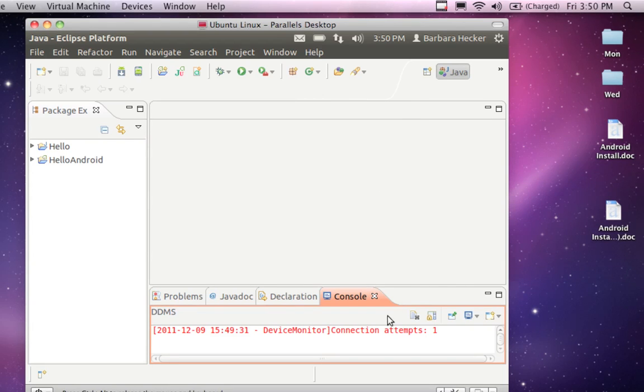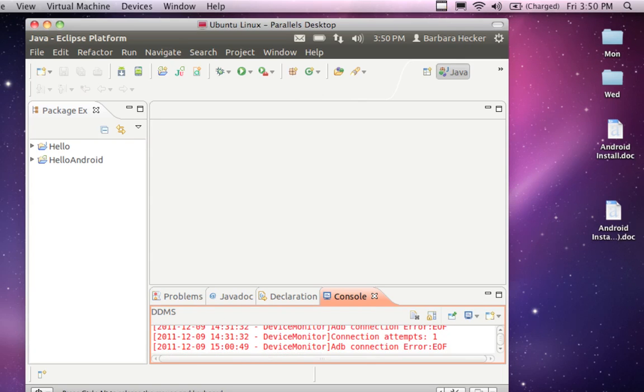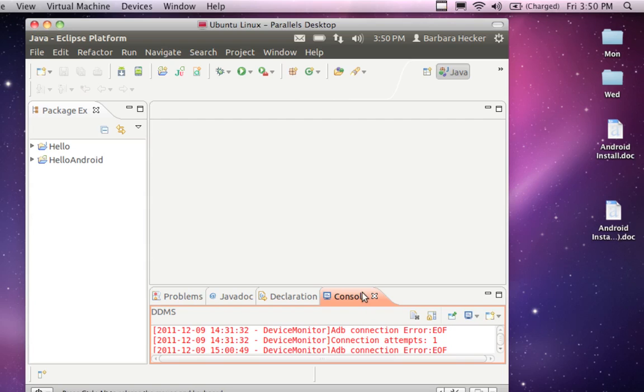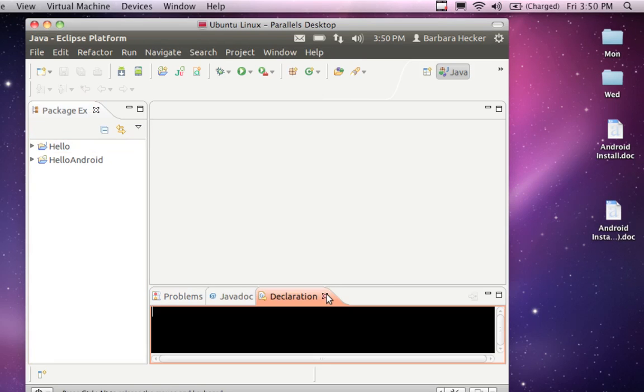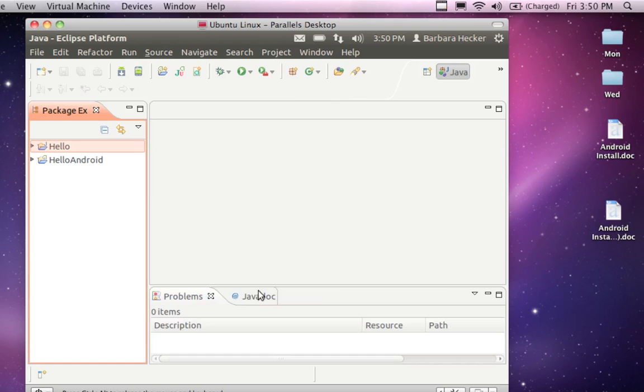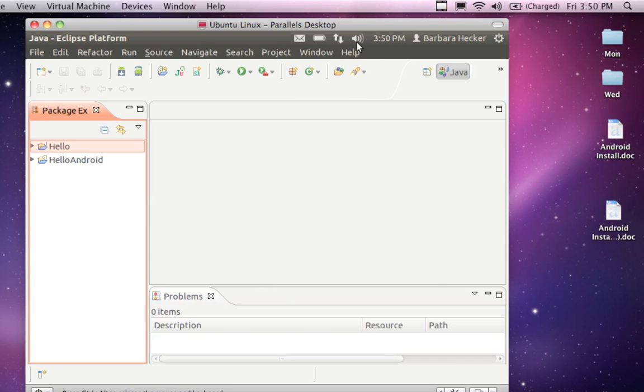And then, what is this? On the bottom on the console screen, it looks like I've got some output of some nature. Could be the ADB error of some sort. Well, I'm not going to worry about that either. I'm going to close this window and close these guys back here as well. I don't need all these windows open. And let's see. There we go. My mouse is acting kind of weird. Okay, there we go. All right, so the next step is going to be to create some AVDs,